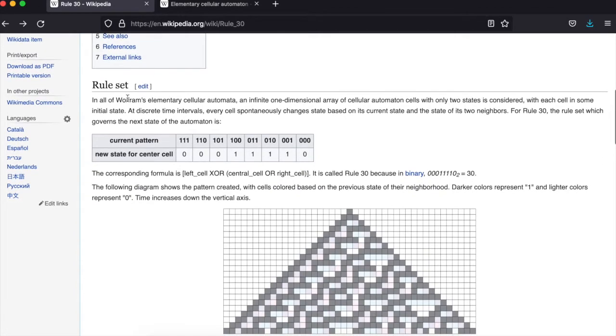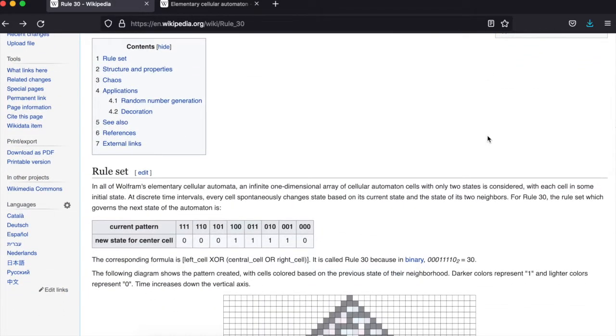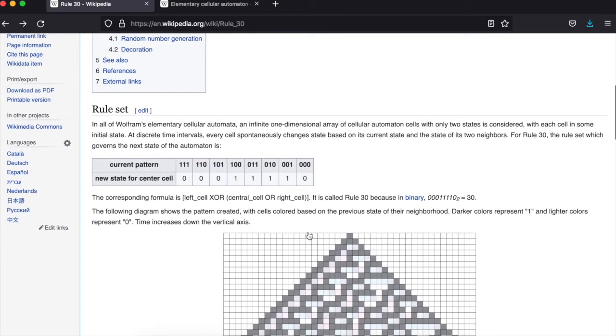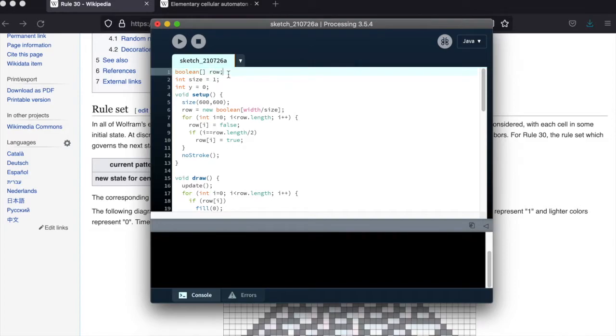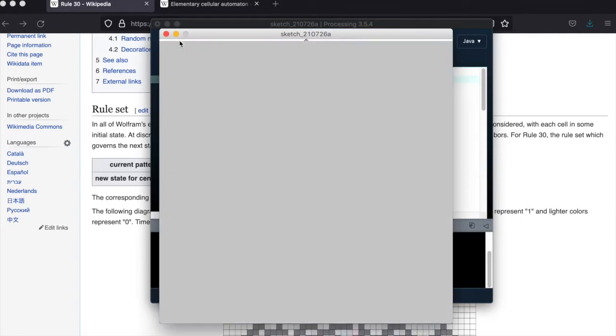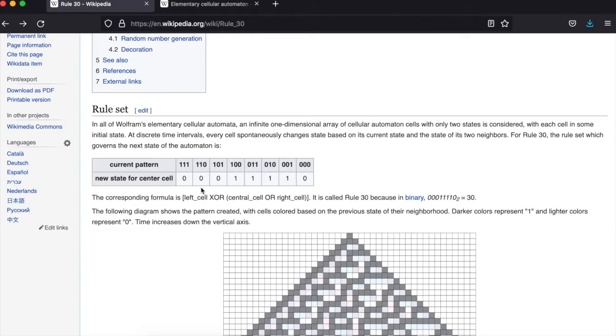Okay, so you might remember from earlier that each of these rules gets its name by turning this set of rules into a decimal number. Like turning this into 30 gives you rule 30, and you can do this with any of the sets of rules. There's 256 of them. So I want to do the reverse process. I want to have something in here called rule, and I can make it 30, and it's going to give me what we have. But if I change it and make it 50 or something, I want it to be different. So the way we're going to do that is we're going to convert this rule into a Boolean array,